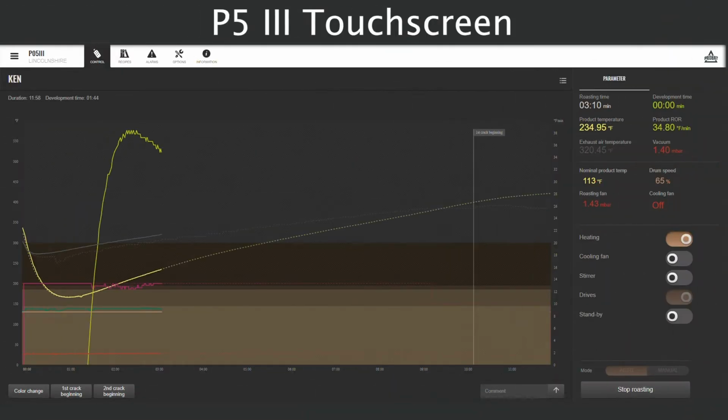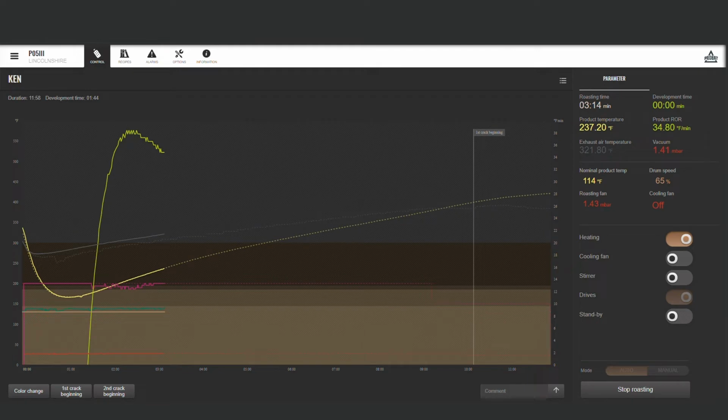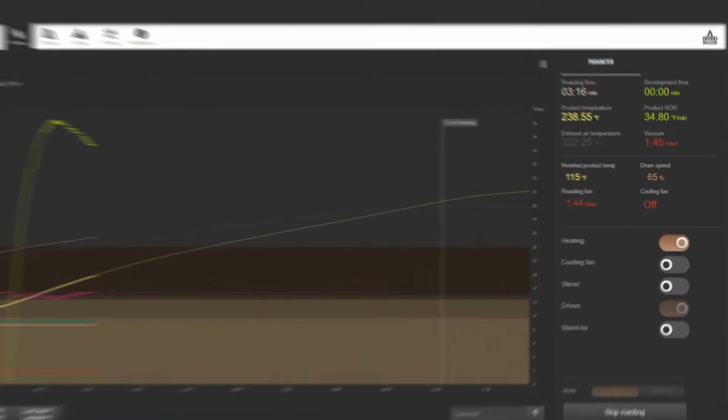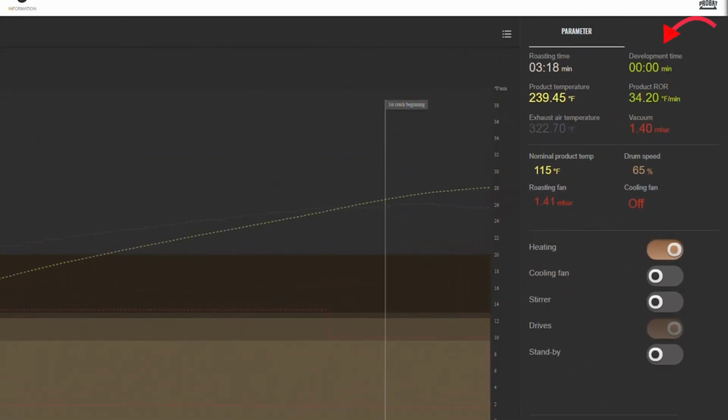This week I want to answer a question about the additional parameters that is on the roasting graph on the Series 3 screen. So let's check it out. As you can see on this screen, you have roasting time, development time, product temperature, product ROR, exhaust air temperature,